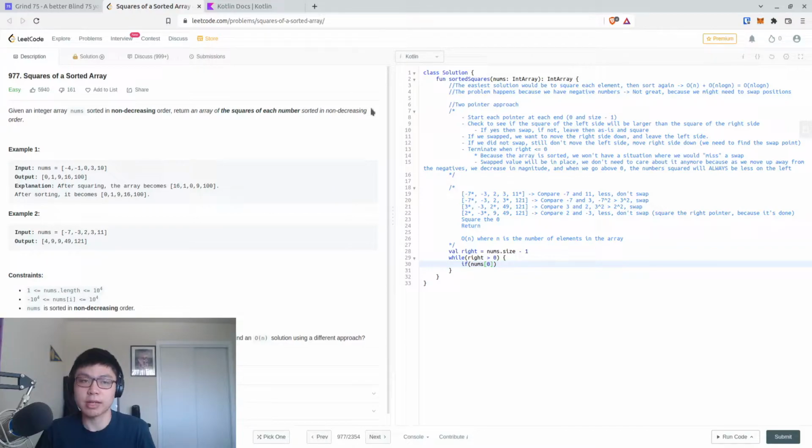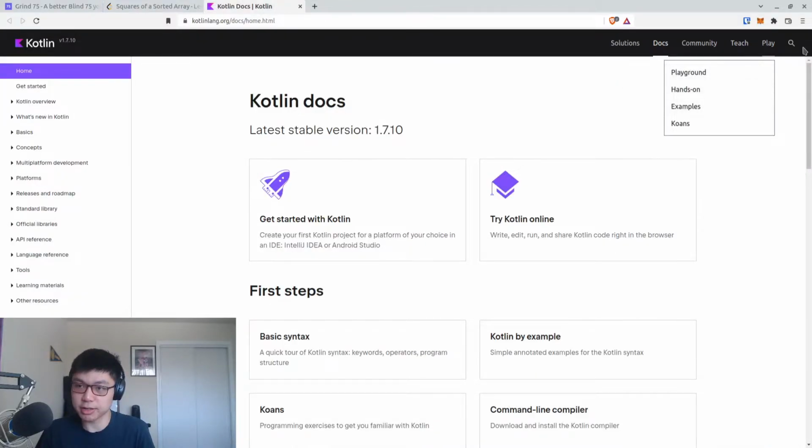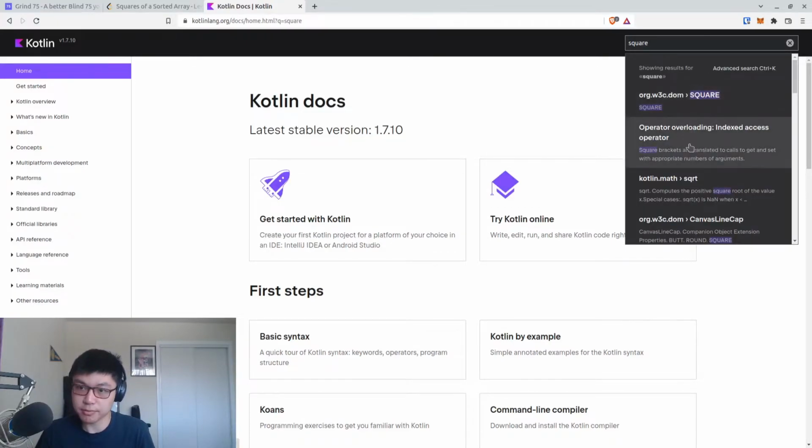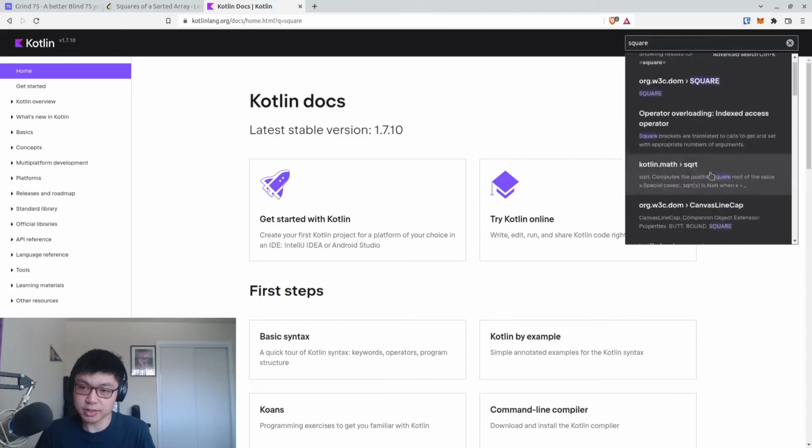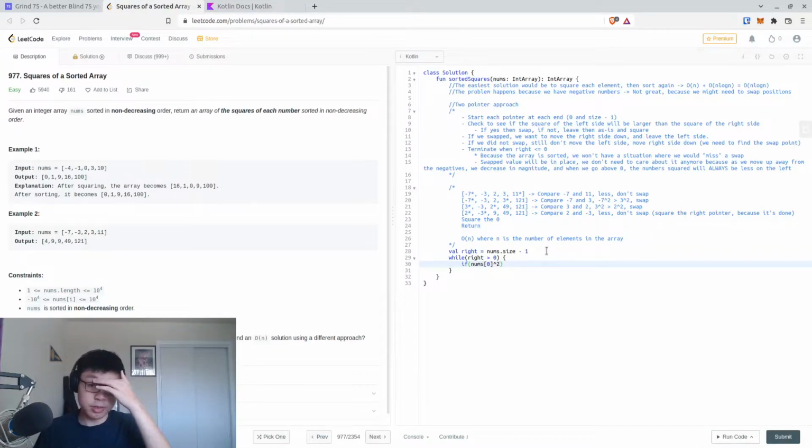let's see, how do I square numbers in Kotlin again? Can I do that squaring thing? Let me just do a quick playground, or just square. Let's see. I could just do a multiplied by itself. It's not the most elegant solution. We can also run Math.pow nums at 0 to 2, using Java. That's also something that I feel like I've sort of just started to discover in terms of figuring out